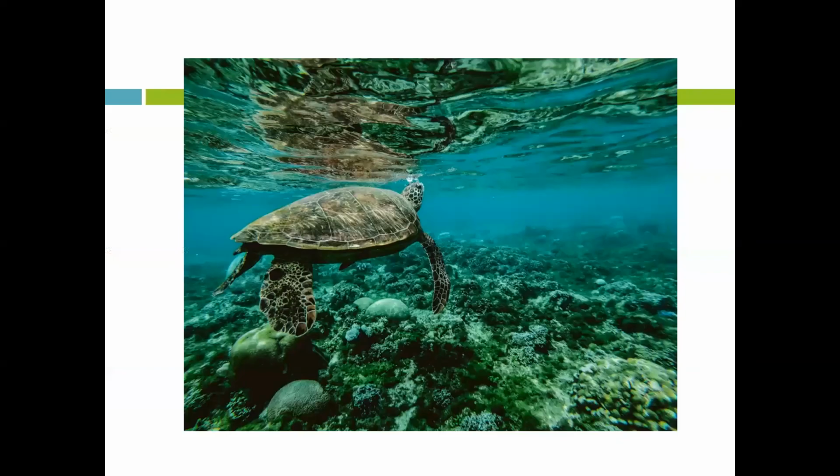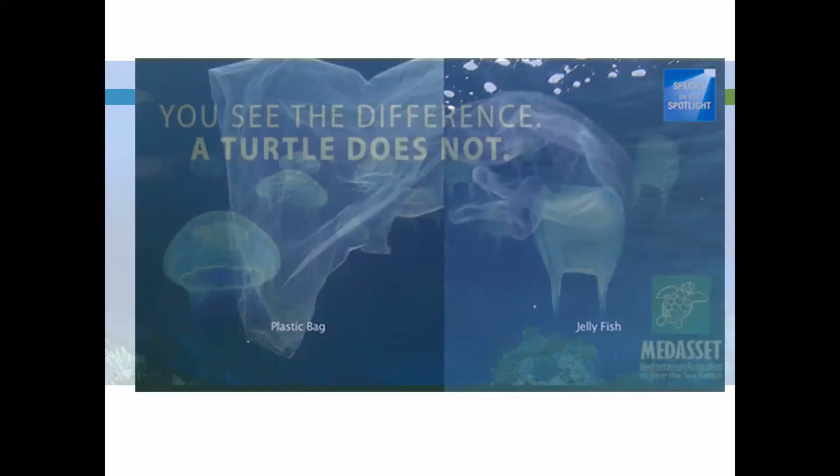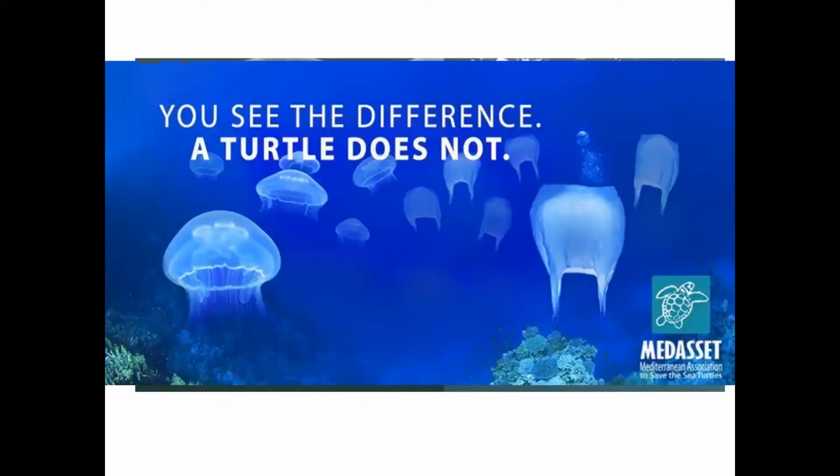And this is super important because everything we do has a great impact on our planet and all the wildlife here. For example, sea turtles. Sea turtles' favorite snack would be jellyfish. Now, when they come across a plastic bag in the ocean, it can be pretty difficult for them to tell the difference between a plastic bag and a jellyfish. And so it's super important for us to understand that and understand the impact that all of our waste has